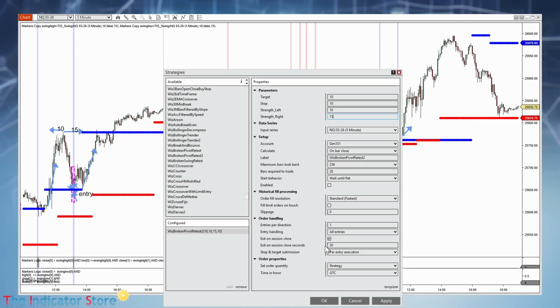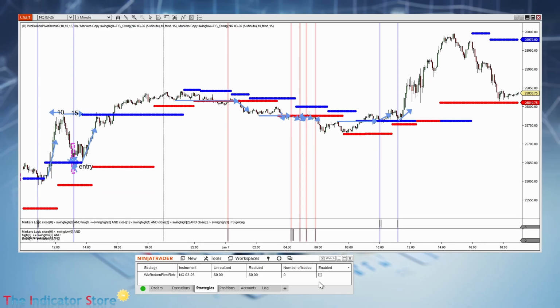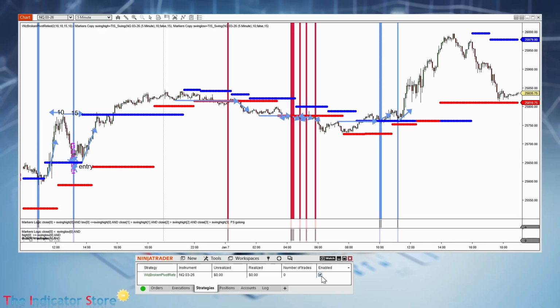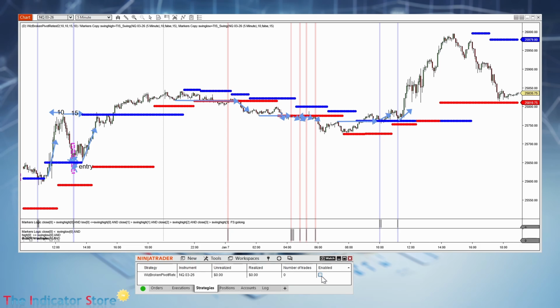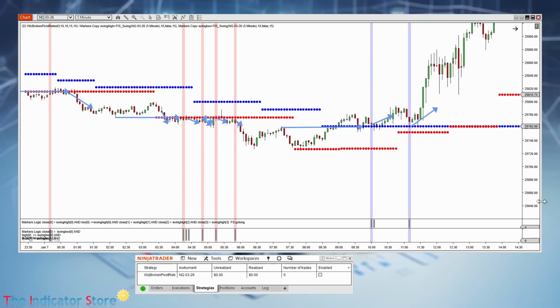10 ticks is too small, but we are not taking targets by now. We can enable the strategy, and we can see it is painting more or less near the same values. There is a difference. I don't know if you can see, but if we magnify this to understand what is going on,